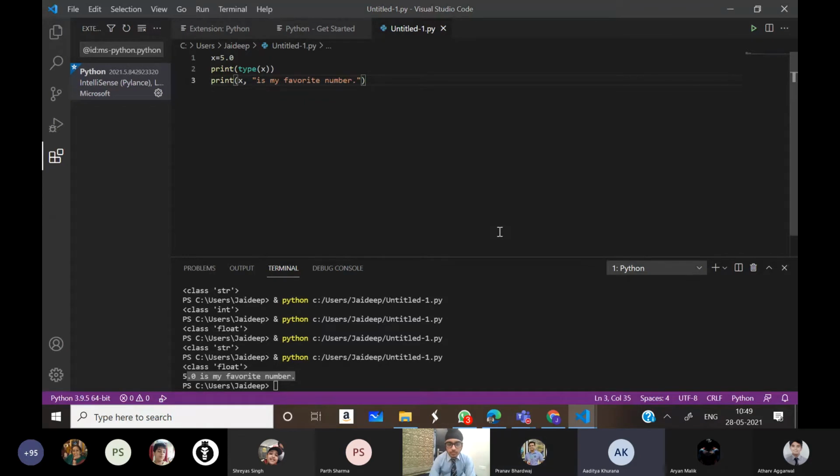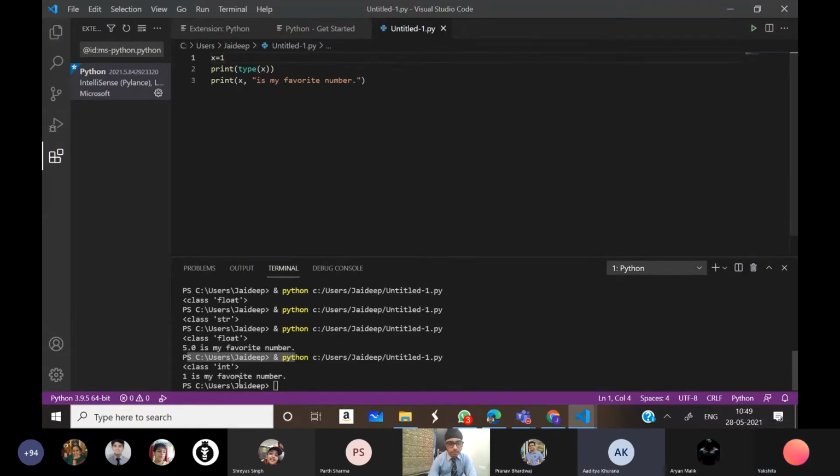Bhaiya, we can take any number which is equal to x. So x is a variable that can change. You can also use 4, 3, 1, any number. Bhaiya, what is float?